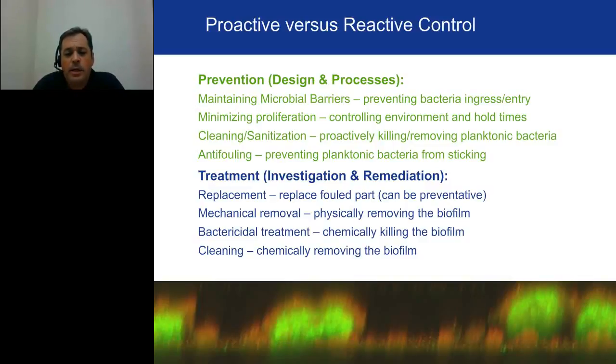One of the next best ways to treat is mechanical removal. So if you can scrub away those biofilms, that's certainly a great way to remove them. Not always feasible within your manufacturing system. So what most folks rely on, what most companies look to, is bactericidal treatments, where you're going to chemically kill the biofilm. And then lastly on here, I've got cleaning, which is probably not quite as effective as chemical treatment, but certainly beneficial. And although I've got it last on the order because it's maybe not as effective as the bactericidal, most of these you're not going to use solely just in and of themselves.